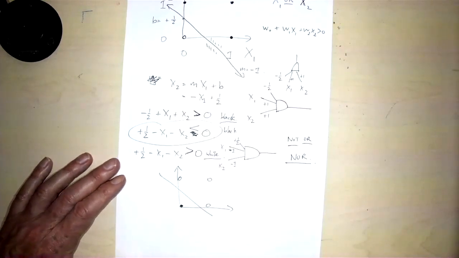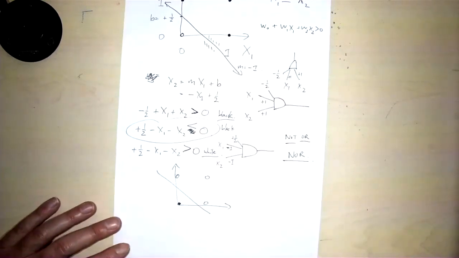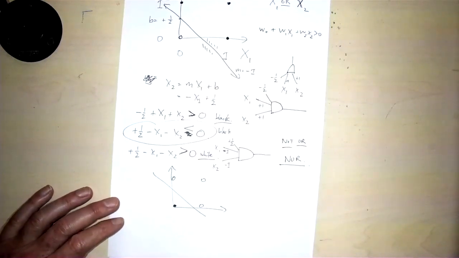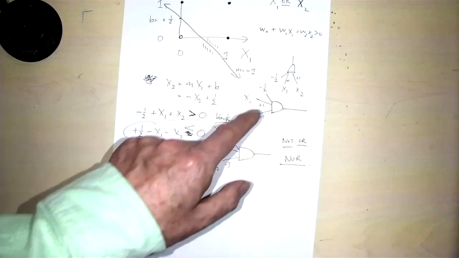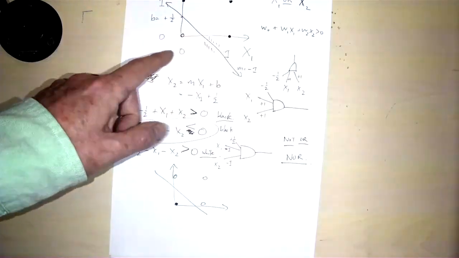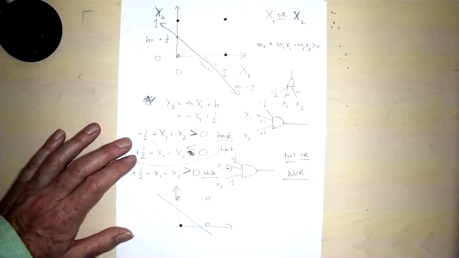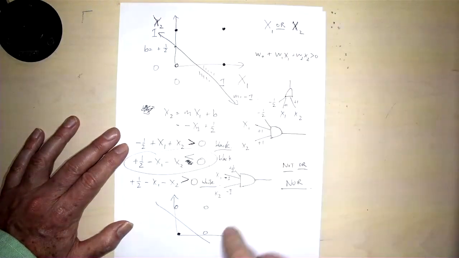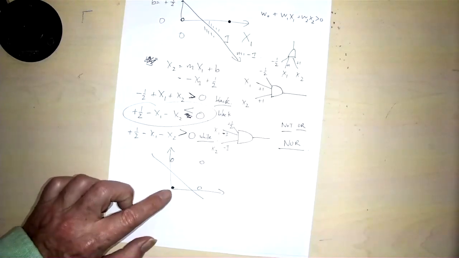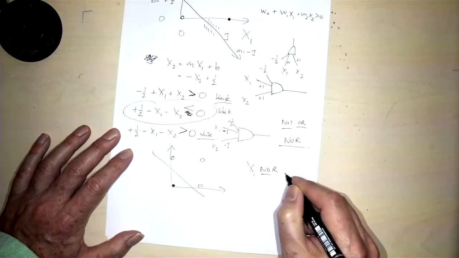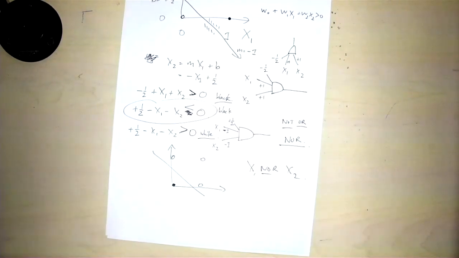Is that right? Yeah, so with these perceptrons, because of this Heaviside function, if I negate the bias and negate these two weights, then I get the opposite function, if you like. So instead of x1 or x2 being true, I get this one where x1 nor x2 is true. Okay. Any questions about this?